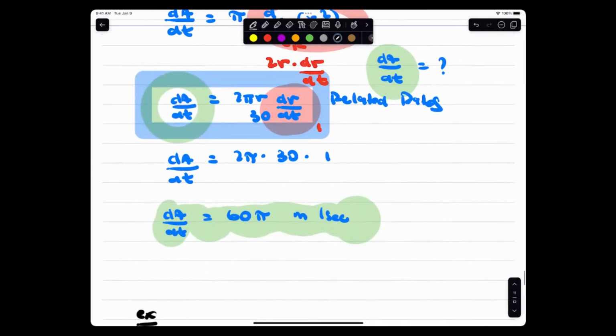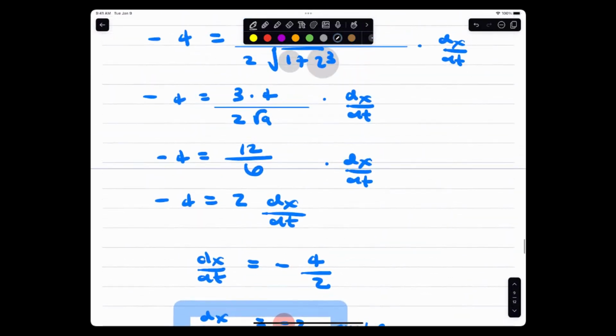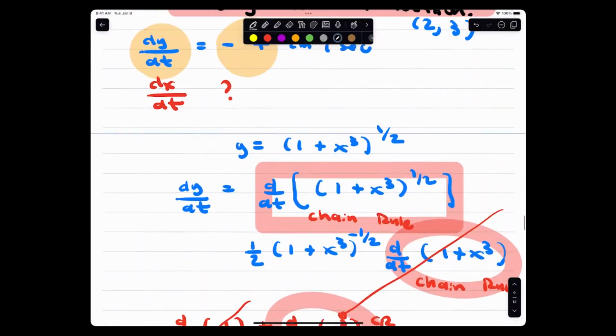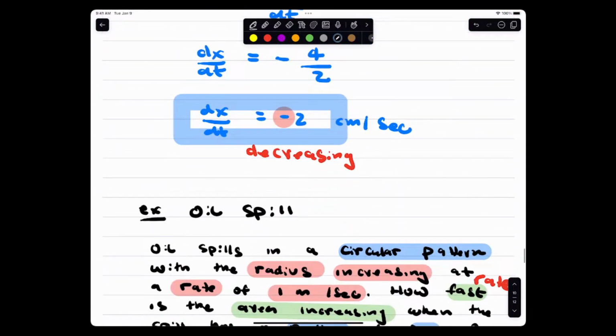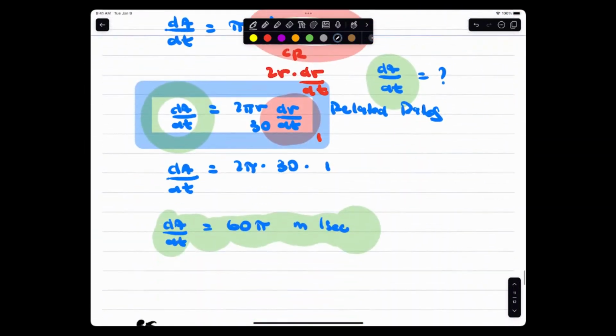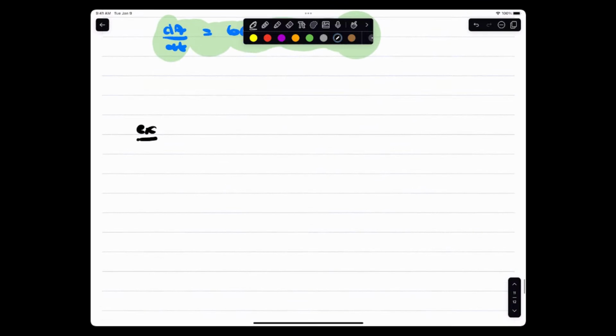Here's another particle question. It's going to be different than this one. Yeah, it's a different particle question. I like some of those particle questions, you know, and geometry. So a particle moves along a curve. So I'm going to say, okay, a particle